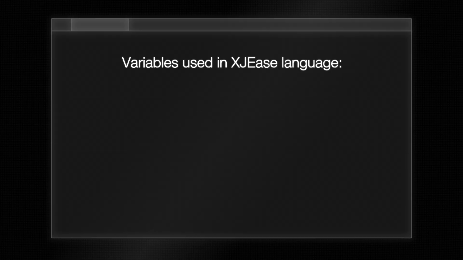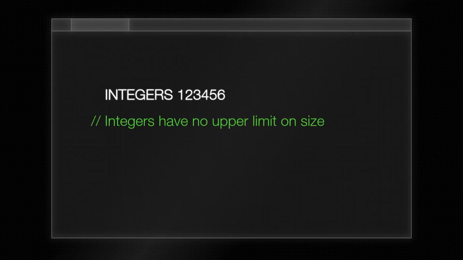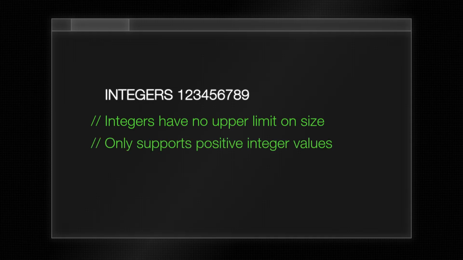First, variables, and there are 3 main types: int, string, and file. For integers, there's no upper limit on their size, and you don't have to define a size because integers will automatically expand as necessary. Note, though, that XJE's support is limited to unsigned numbers, so you can only use positive integer values. If you're dealing with data that would normally need decimals, it's best to change to smaller units. For instance, 3.054 volts would be better handled as 3054 millivolts.